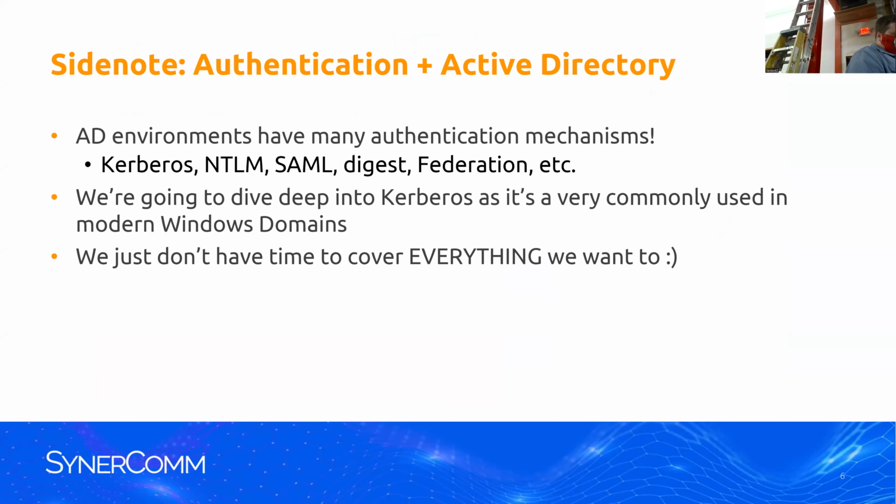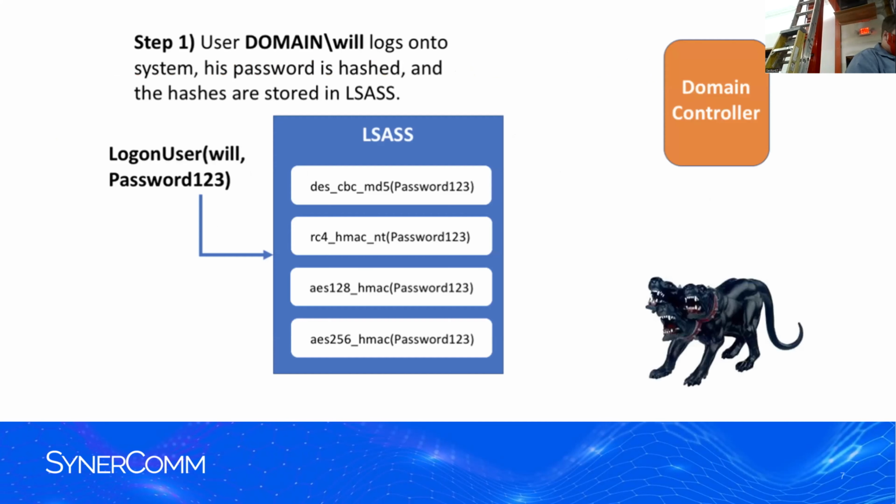So Windows uses a lot of different types of authentication. Kerberos is one of them. NTLM is your traditional one: if you get hashes off a machine, it's going to be an NTLM hash. If you get them over the network, it's going to be a Net-NTLM hash. SAML is used when you go from Outlook to maybe something else; it reuses your Windows credentials. We don't have time to cover everything, so it's going to cover part of Kerberos tonight.